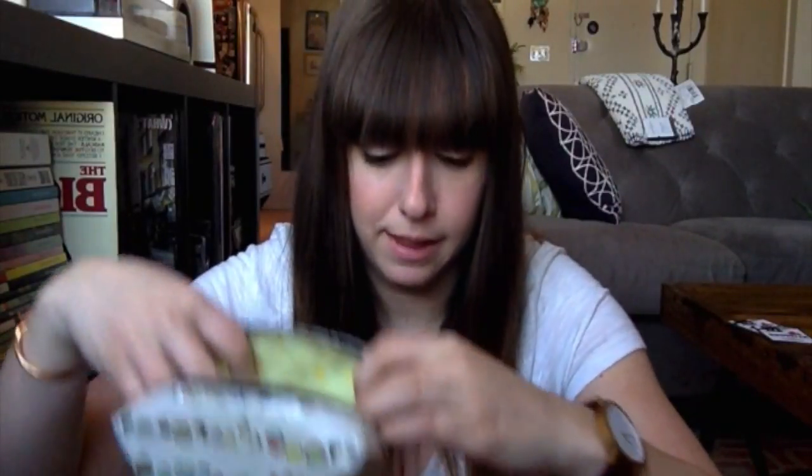I'm going to dump everything out and then I'll put everything back in and I'll show you what's inside. Okay, so the pouch itself is like this. It has some designs in there. It's kind of dirty in here. It has a side pocket here, and in that I usually keep things like